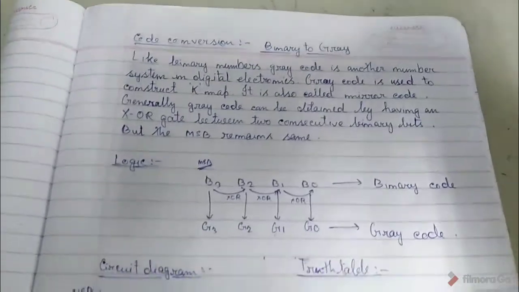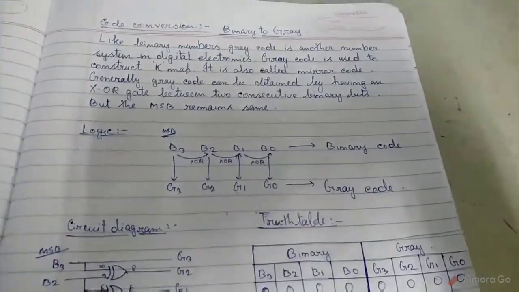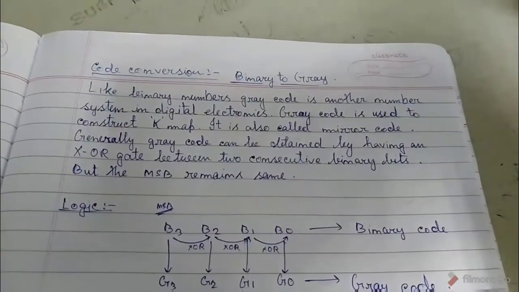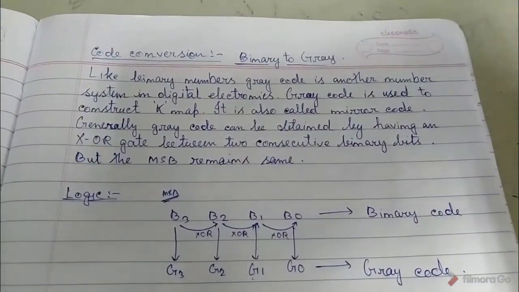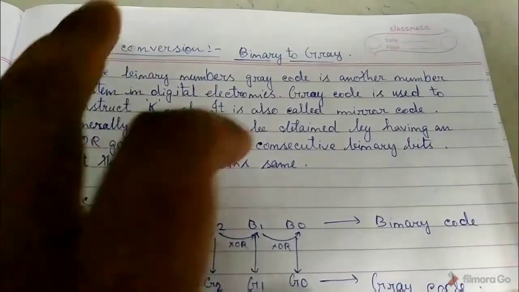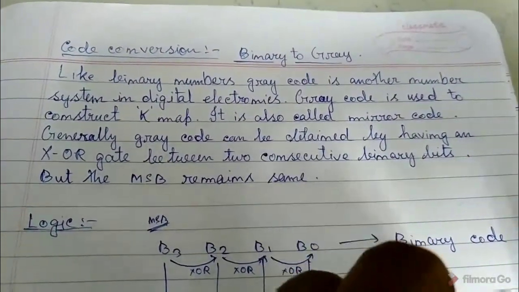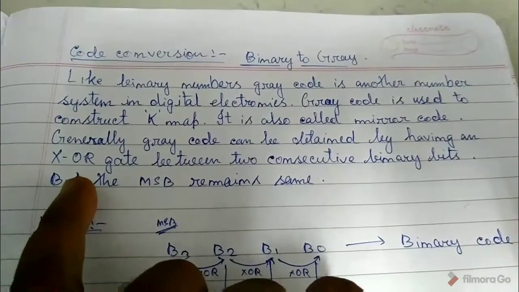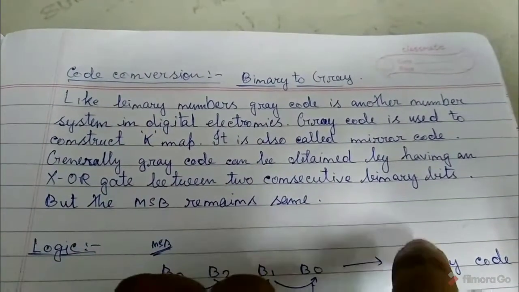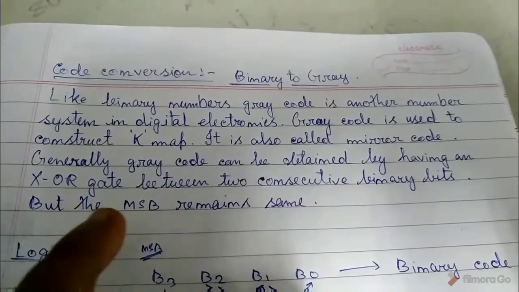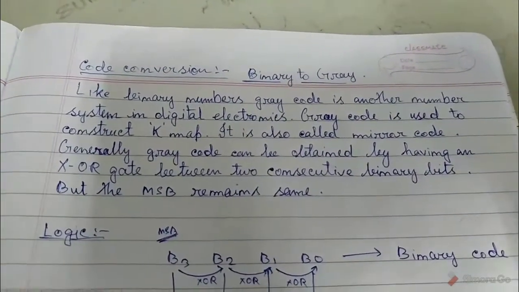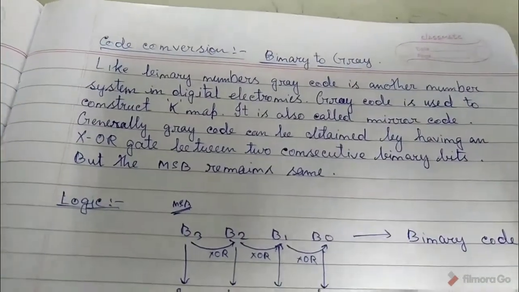This is the video tutorial of Digital Electronics Lab, and in this lab we will be learning how to convert binary codes into gray codes. As you know, gray codes are also called mirror code, and this is found by adding an XOR gate between two consecutive bits. And MSB means most significant bit, the highest bit of any digital or any binary series